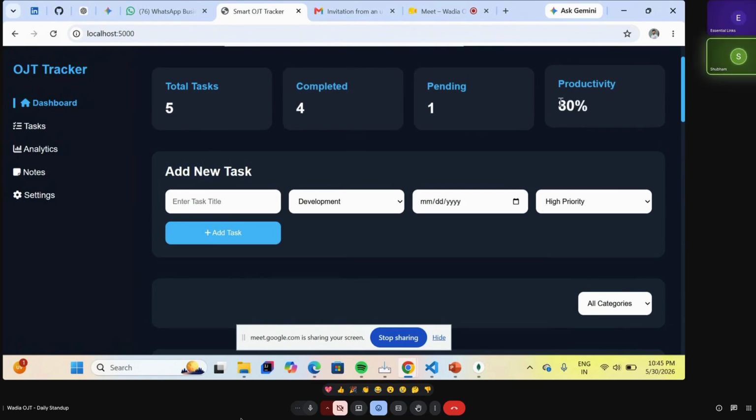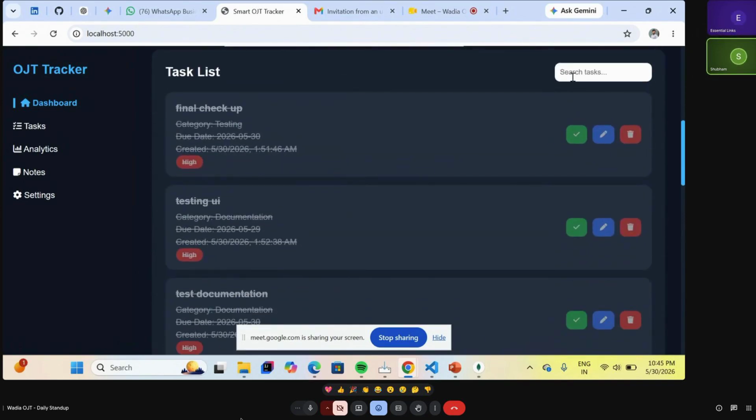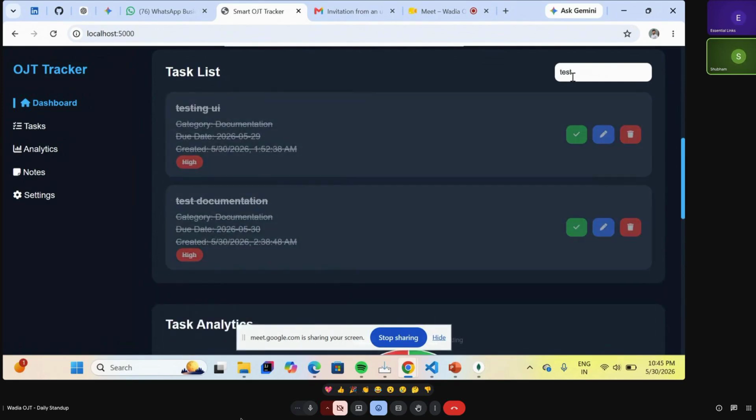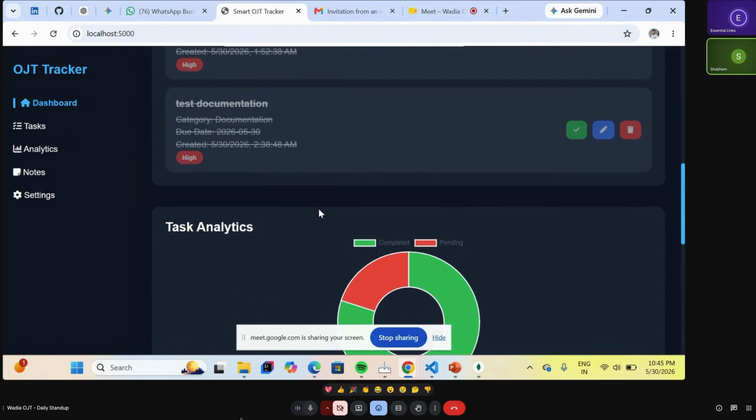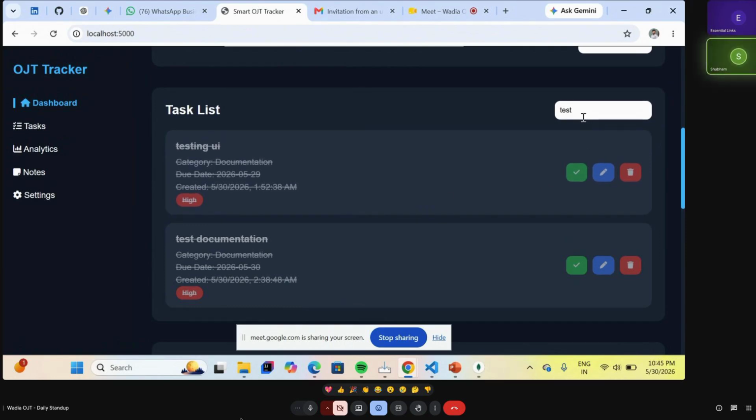The ratio of completed to total tasks. Okay. How is the searching part working? This UI is built with pure JavaScript.